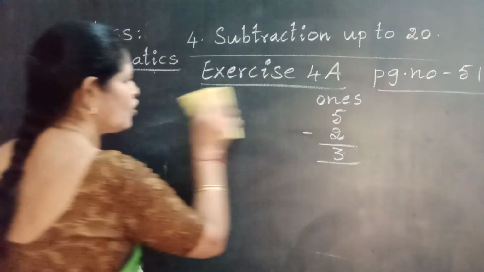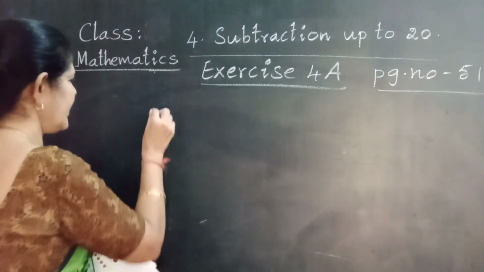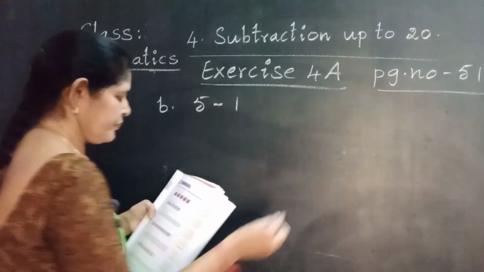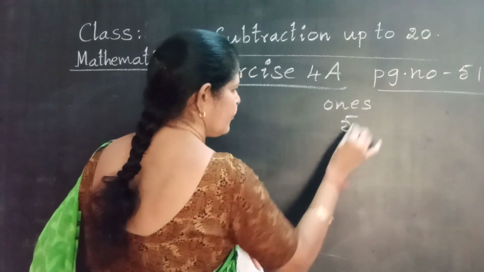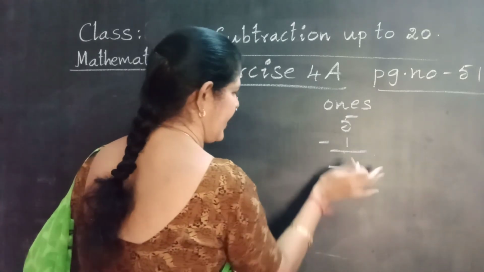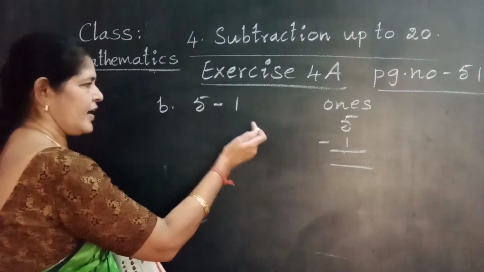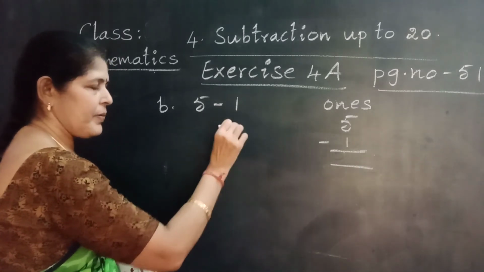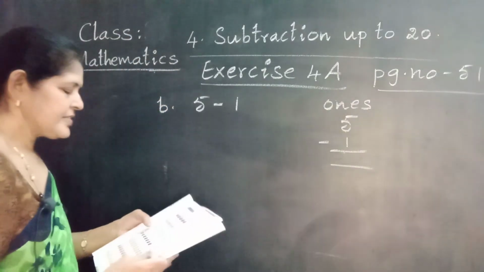B. What are those? Strawberries. Do you like strawberries? Okay. How many strawberries are there? Here, subtraction is vertical subtraction. The numbers are given one below the other. Here, the numbers are given side by side. Horizontal, that means sleeping line. Vertical, like standing line. Let us see the pictures.